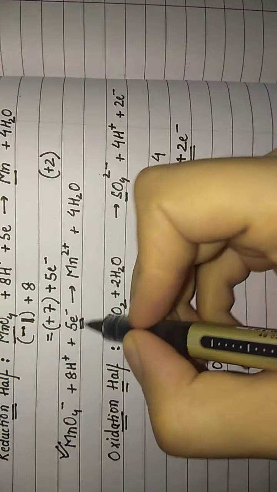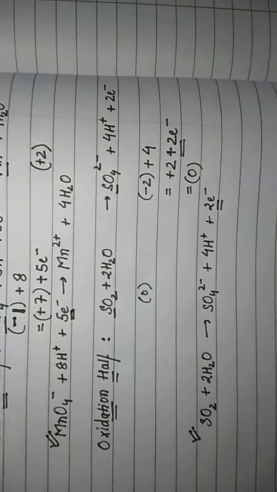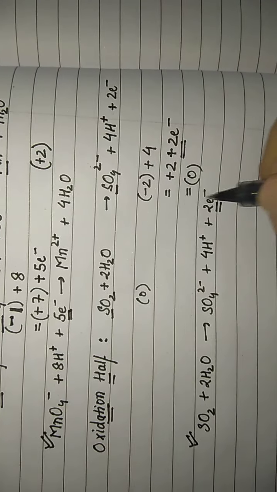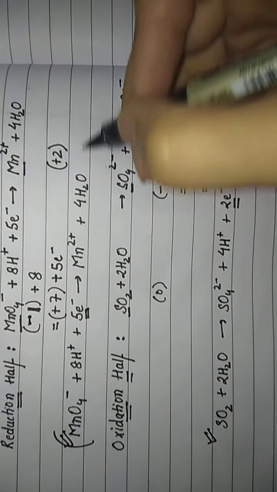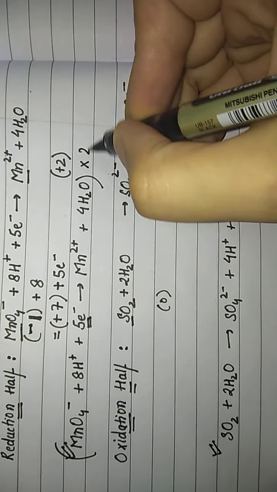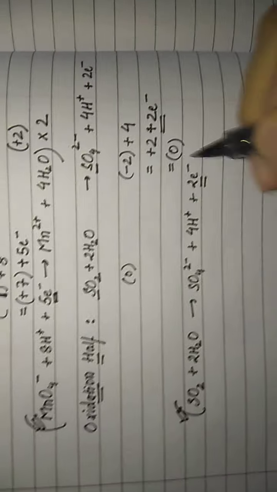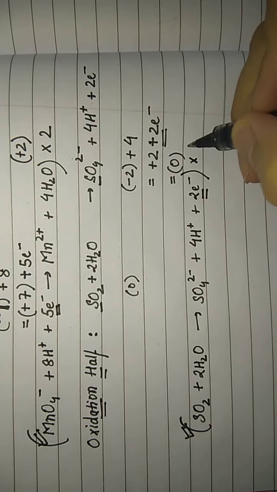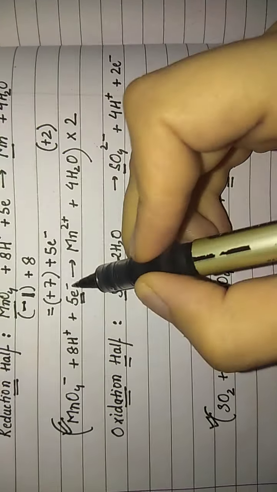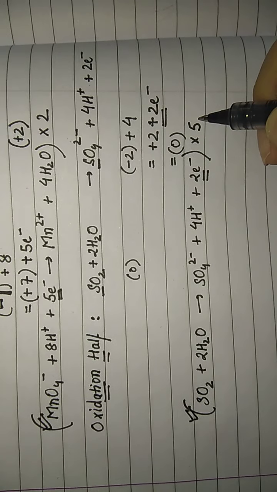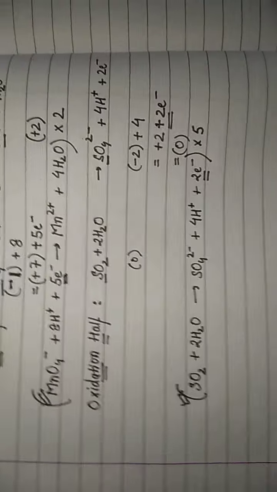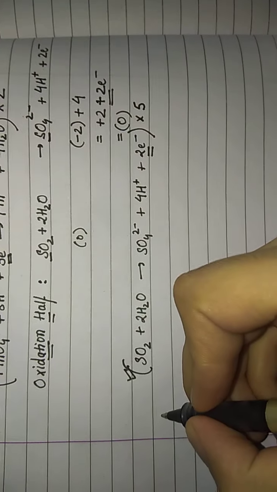Alright, now in the reduction half I have 5 electrons, while in the oxidation half I have 2 electrons. So how can I make them equal? If I multiply this whole equation by 2 and I multiply this whole equation by 5, I will get 10 electrons in this equation and 10 electrons in this equation as well. So after multiplication,